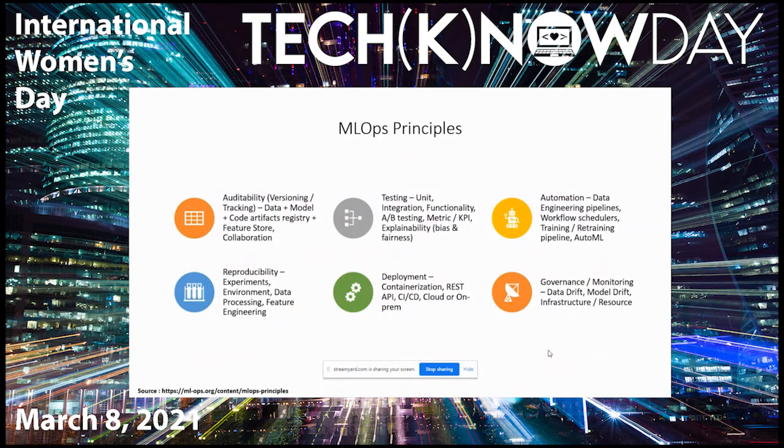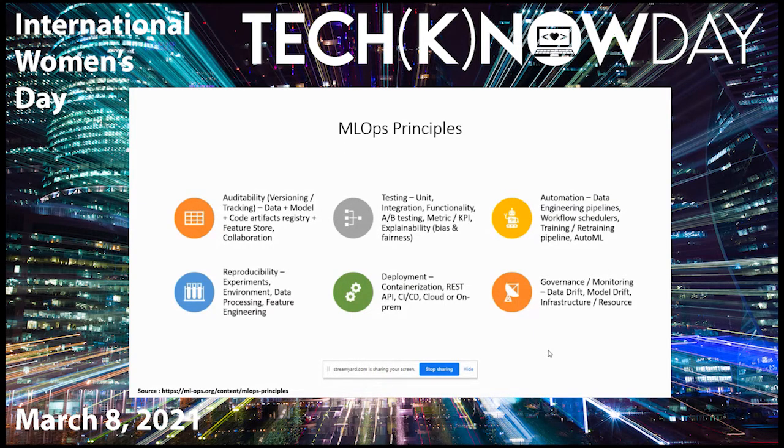Now we'll look at some important principles that need to be in place in an MLOps platform. So the platform should provide an auditability mechanism. So you should be able to version and track all the artifacts that are related to ML projects, which are basically your data, your model, your code.